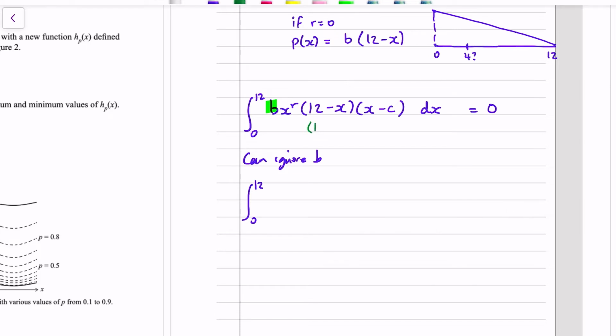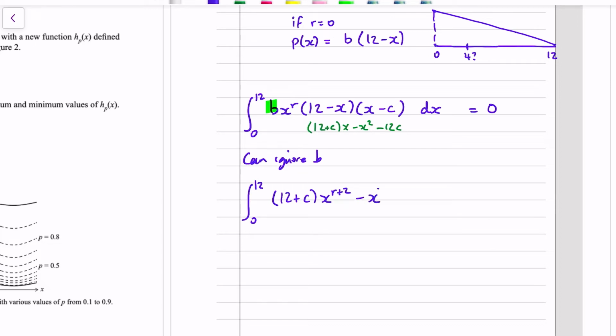12x plus cx. So it's 12 plus c all times x. It's minus x squared, and it's minus 12c. And then we're timesing all of that by x to the r. So we're integrating 12 plus c x to the r plus 2